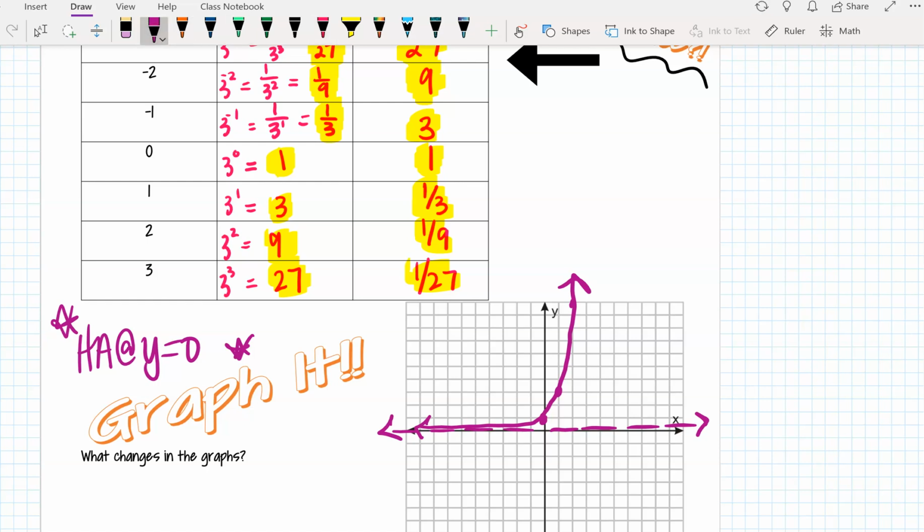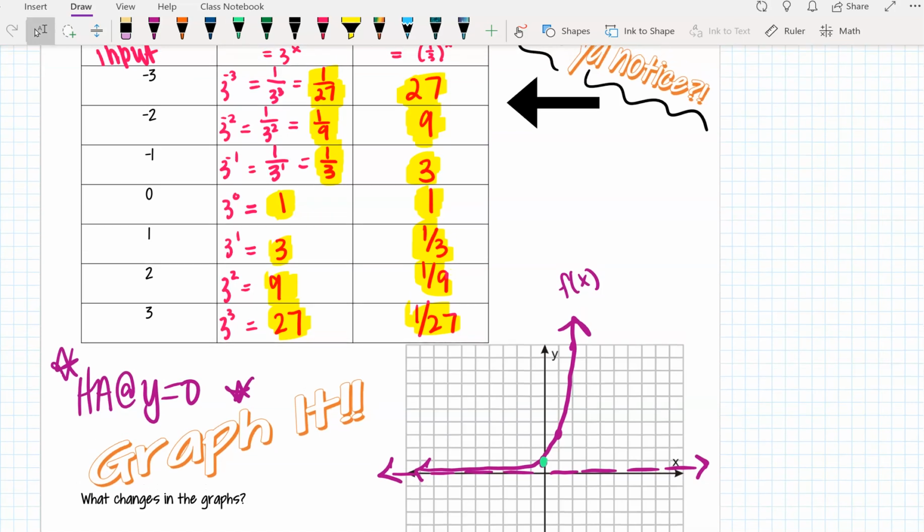Okay, so that one is f of x. So now we're going to do g of x. So g of x also has the same point of (0, 1). But this time, when we have an input of -2, we have the output of 9. And we have an input of -1, and we get a positive 3. So this one